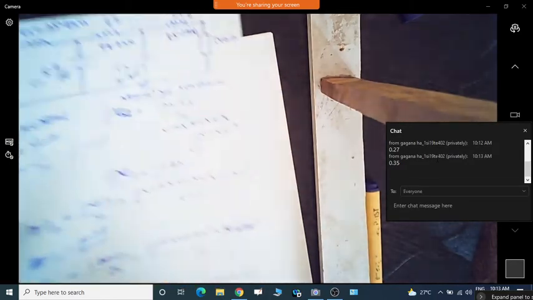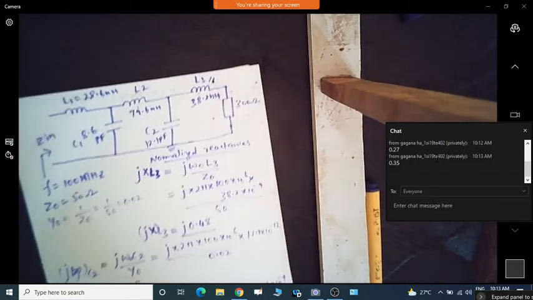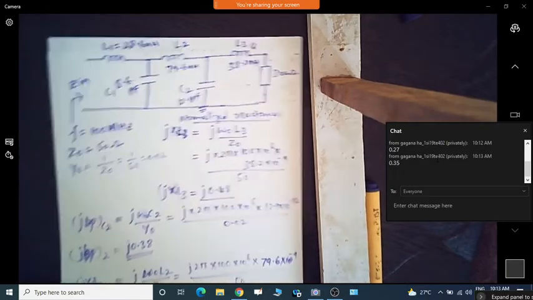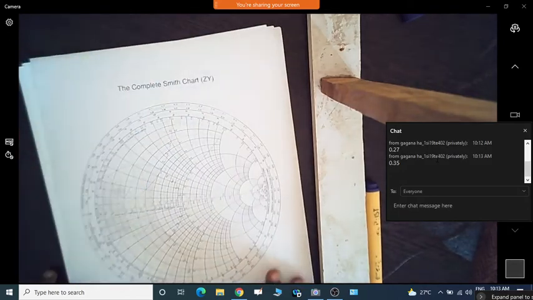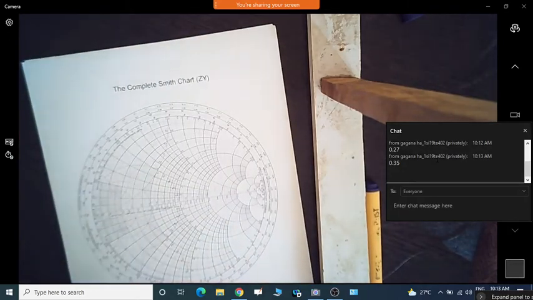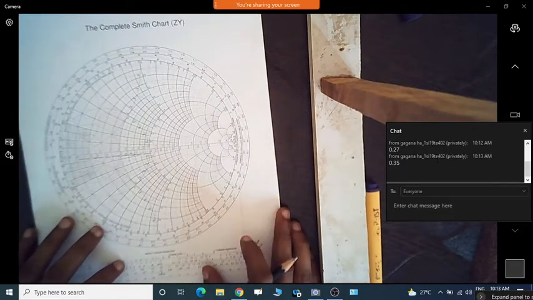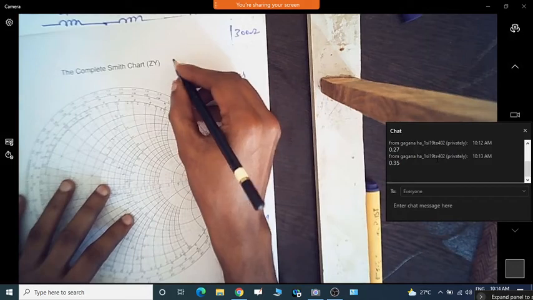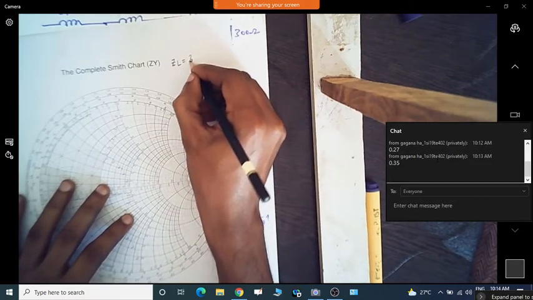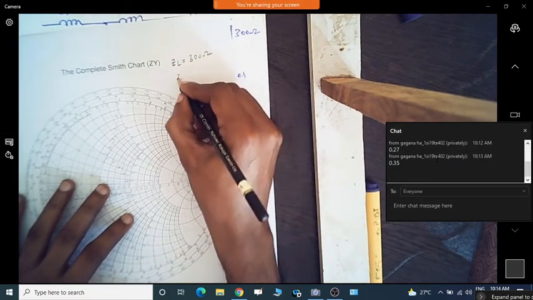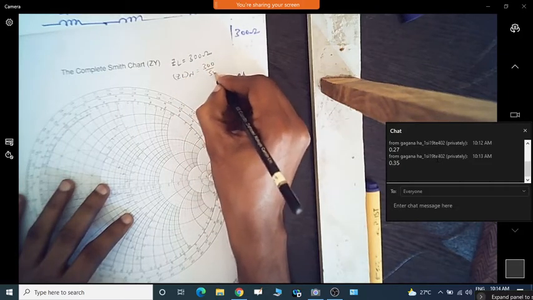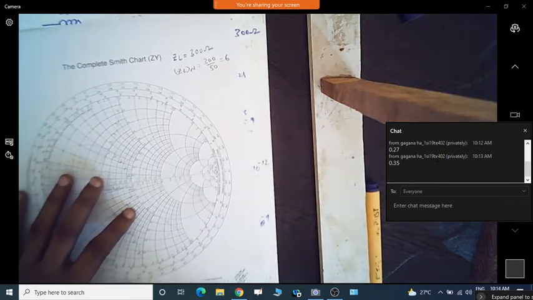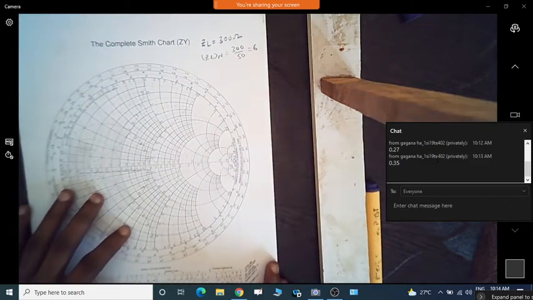Now we have found out the corresponding reactances which are there in the circuit. So now we have to take the Smith chart and add these corresponding elements to the load value, so that we arrive at the input impedance. First you have to mark the load value. Since ZL equals 300 ohm, the normalized ZL value is 300 by 50, which is equal to 6. Okay, so now we need to mark where 6 is.